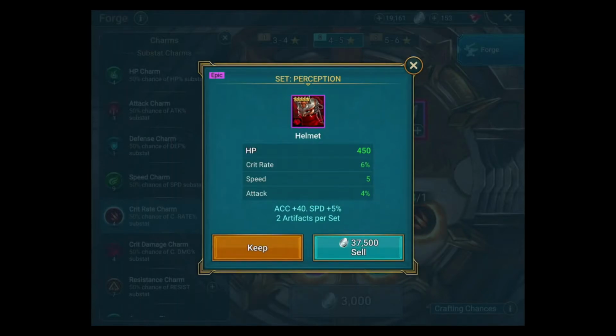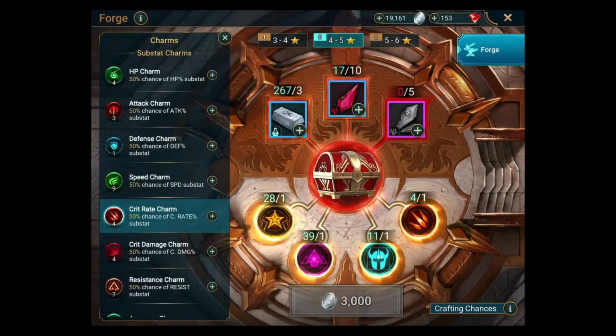If you get 2 artifacts from this set on the same character, you will get accuracy of plus 40 and a speed of plus 5%. So we can either keep it or we could sell it. I'll keep it. And that's basically